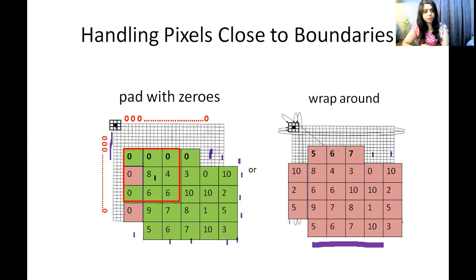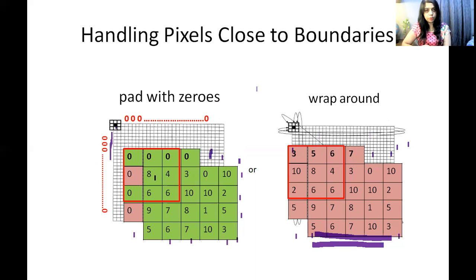And this 3 which is at the corner will get wrapped around here, and you can replace it by 3, and then you can put your mask. So this is the difference between padding with 0 and wraparound. In padding with 0 we applied zeros at the boundaries of the image, and in wraparound we just inserted this boundary on this side, this boundary on this side, the left boundary on the right hand side, and the corners, this corner on this side and this corner on this side, like that.